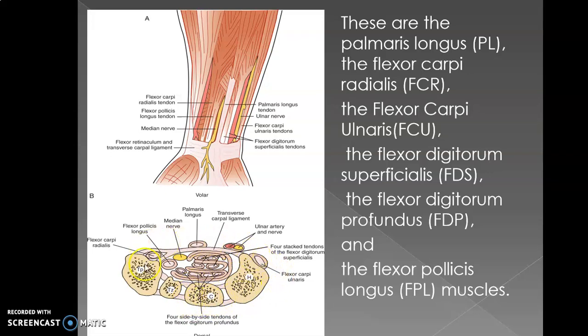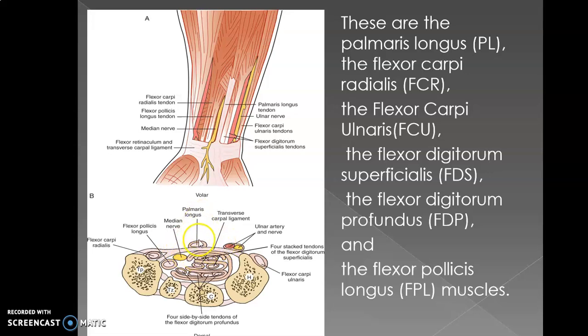So this is a tunnel, a fibro-ligamentous tunnel you can see, and this is covered by the retinaculum as well as the transverse carpal ligament. It's a transverse connection of the ligament which stabilizes the carpal bones in the distal carpal row. From here you can see these two, the yellow, and these are the medial side ulnar artery, and you can see the FCU which is superficial, outside the three structures, namely outside the transverse carpal ligament.